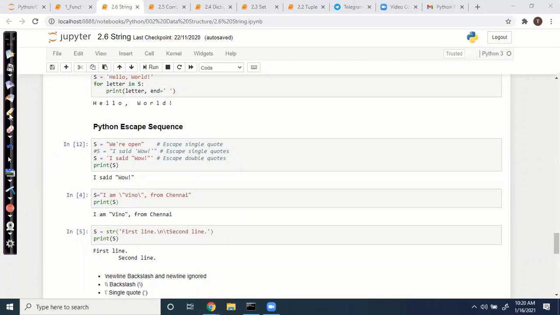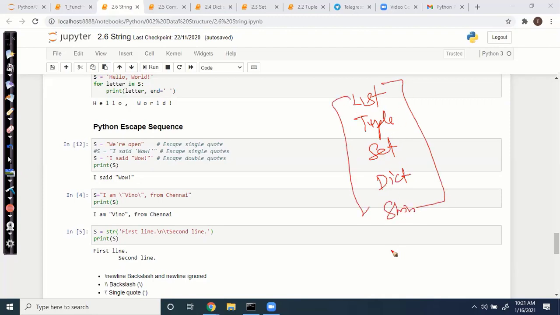Now, if you go through all the coding, you will become intermediate level for handling lists. How to handle lists, tuples, sets, dictionaries, strings, we have seen all these things. And comprehensions: what are comprehensions, how to write comprehension code, a compact way of coding, handling the list and so on.